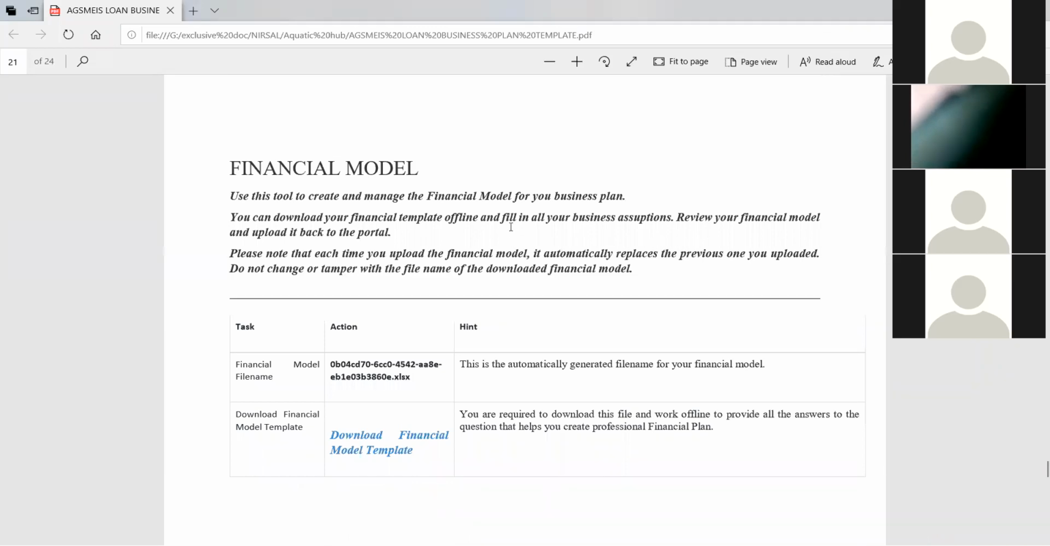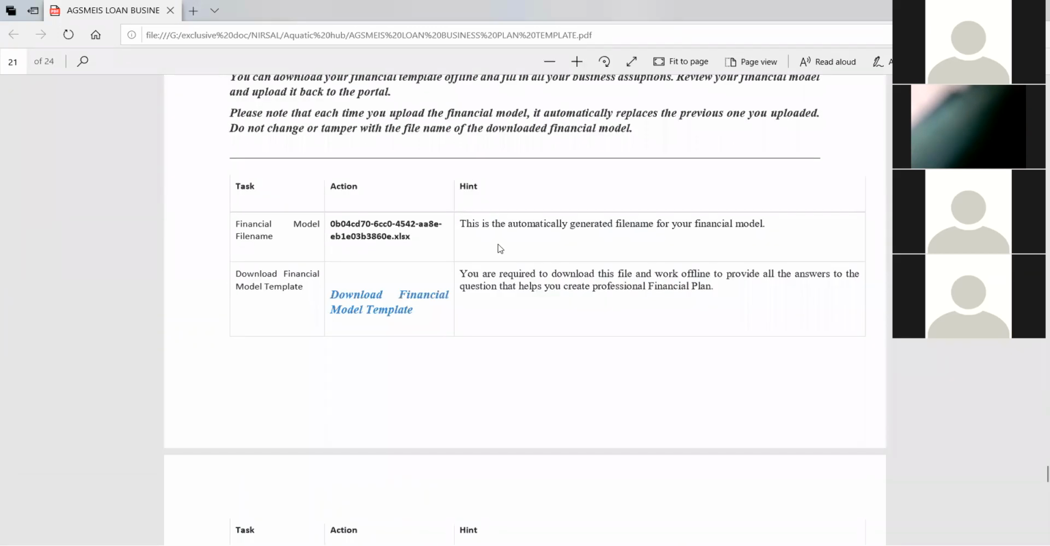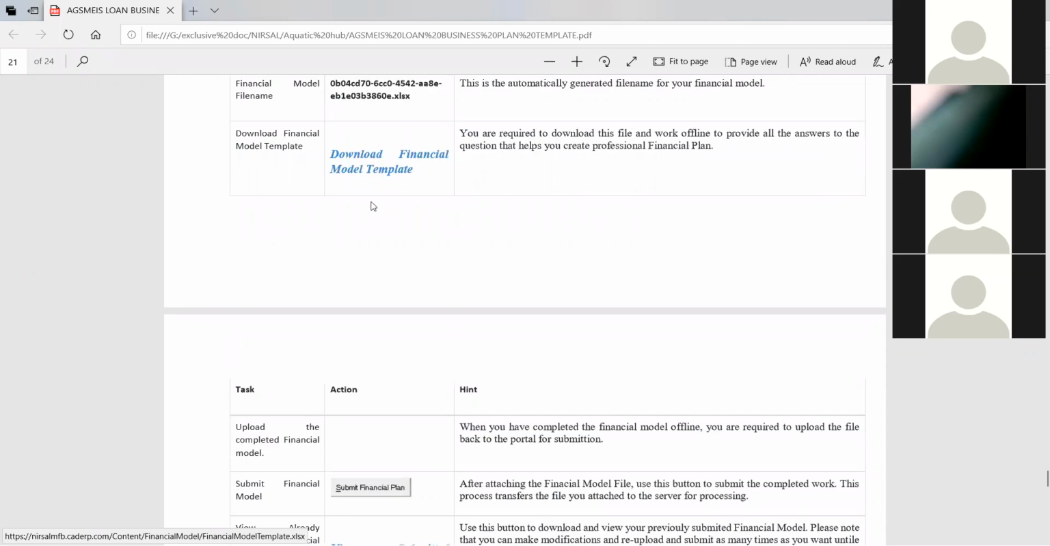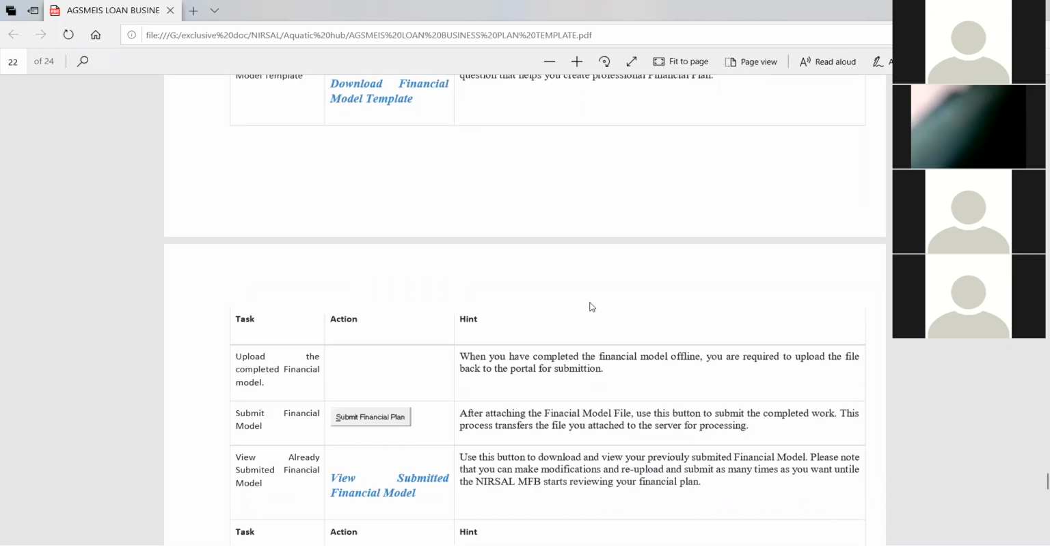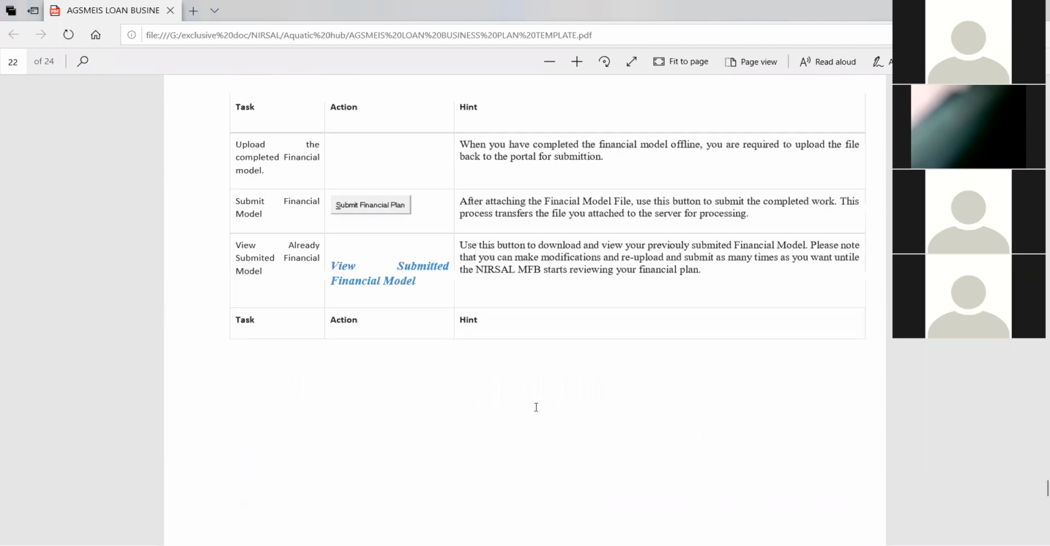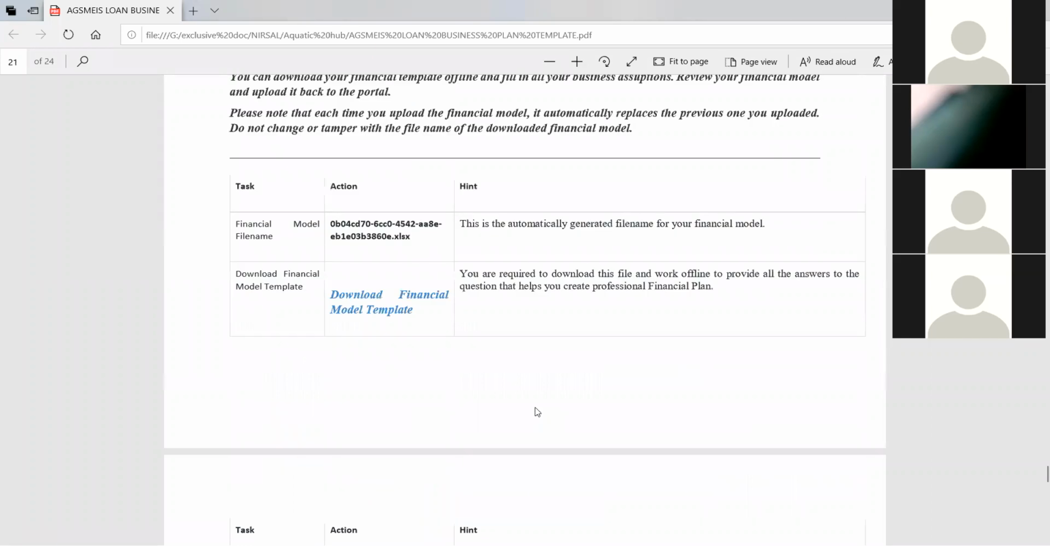Then the financial model. The financial model, I wish we would be there with time so that I can create this financial model. Once you come here, download the financial template. You click on download. Once you download, the financial template will download, which I'm going to show you before the end of this session. Then you go and fill the financial template. Once you finish filling it, then you come back and click on